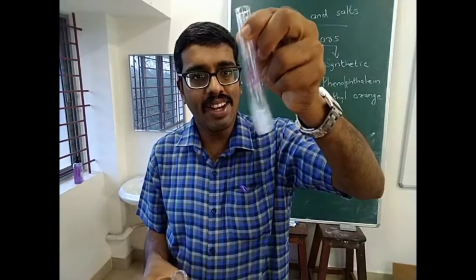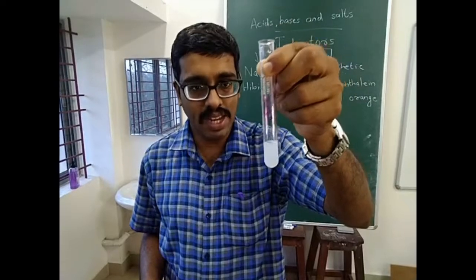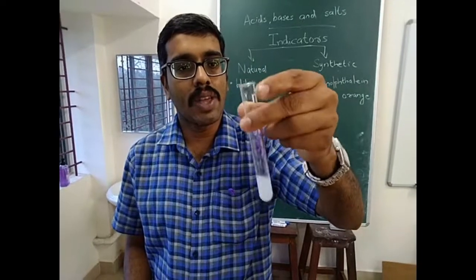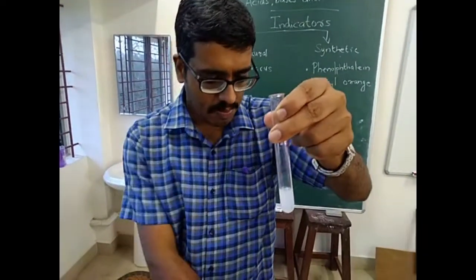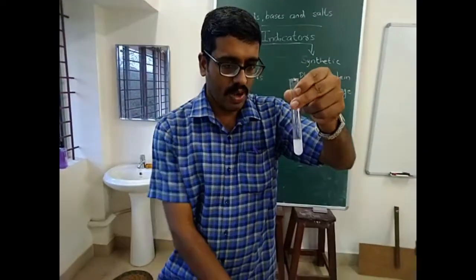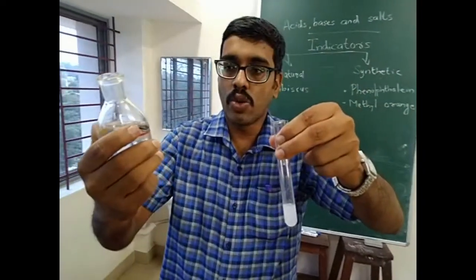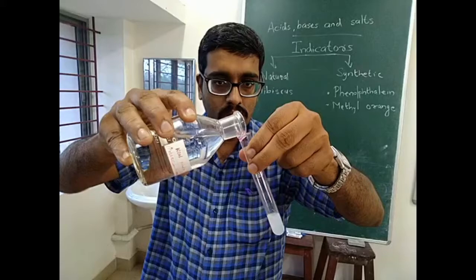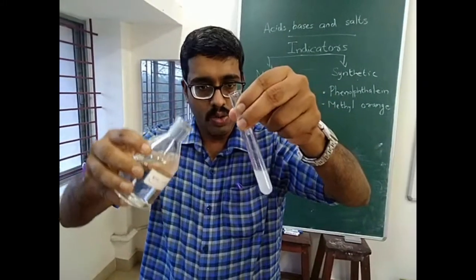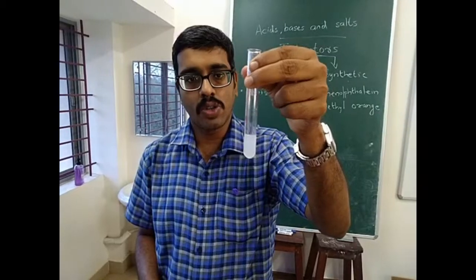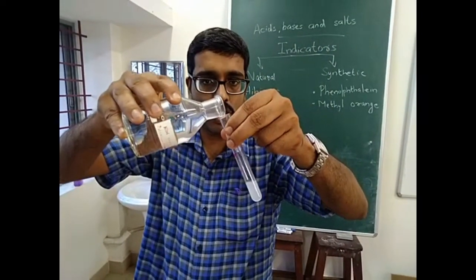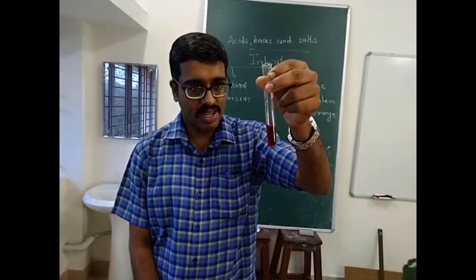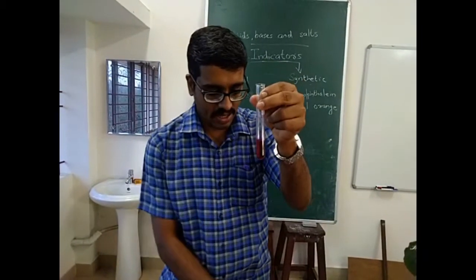Now you can see the color disappears. The color disappears indicates that now in this test tube the quantity of acid is more than that of the base. Again I am adding some base into this solution. We'll see what will happen. So this is dilute solution of potassium hydroxide. I am going to add a little bit into the test tube. No coloration. It indicates that now also acid is more. Concentration of acid or the quantity of acid is more in this test tube. Now you can see again the pink color reappears. It indicates that now the solution is basic in nature.